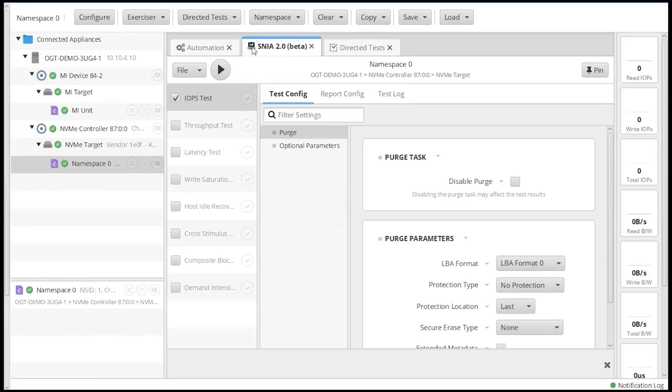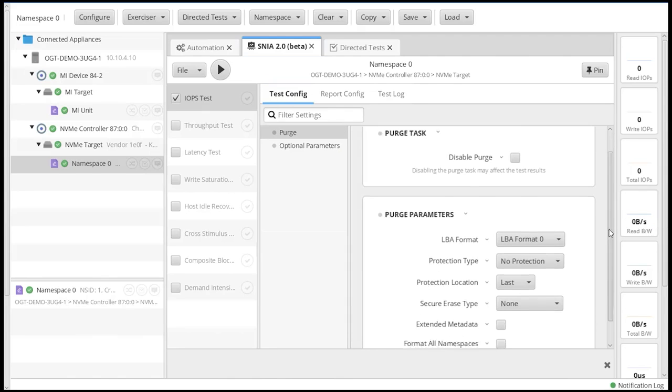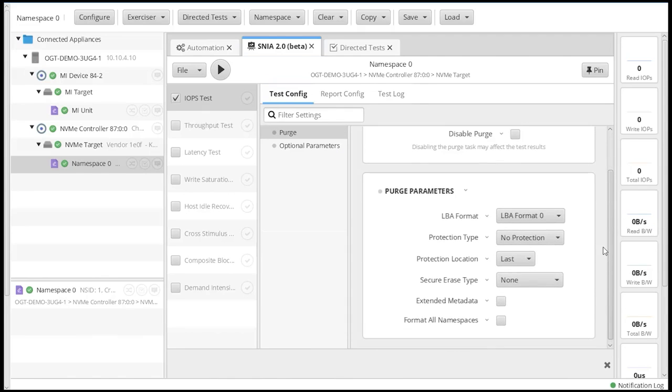The first one is the SNIA 2.0 tab that you see here in the Oakgate software. You can bring it up by just clicking on this little easel type of thing, and it will come up. You need to have the namespace highlighted, and when you do, if you click on a box and then highlight that test, it will give you the information in terms of the test that you can configure.